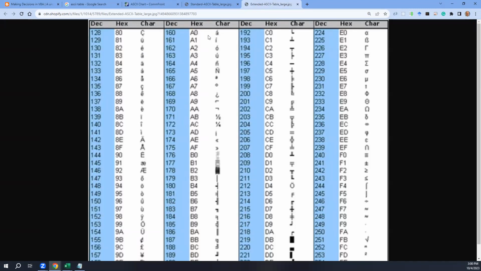Here it is. So in the range 0 through 127, those are all standard. From 128 to 255, it's different depending on the operating system, and depending on the way the operating system is configured. And so you can't rely on those characters looking the way that this particular table says they should look. If it was always an A with an accent on it, then we would see that in VBA, but we don't. Because in the way that this is configured, character number 160 is what's referred to as a